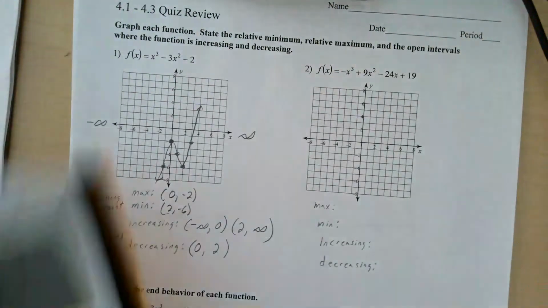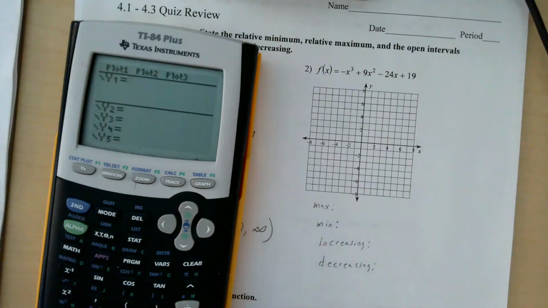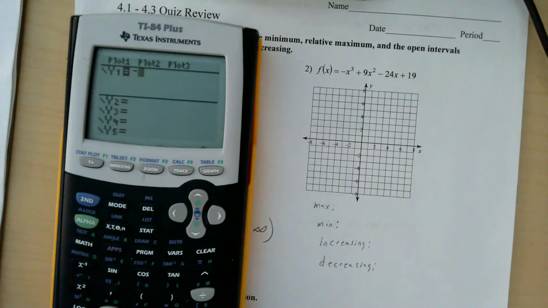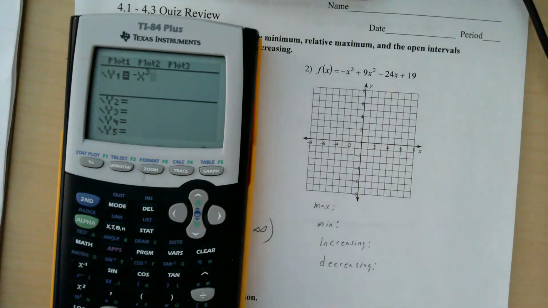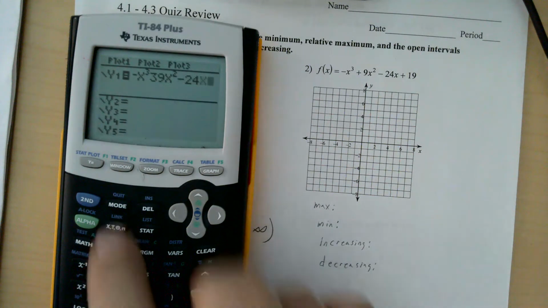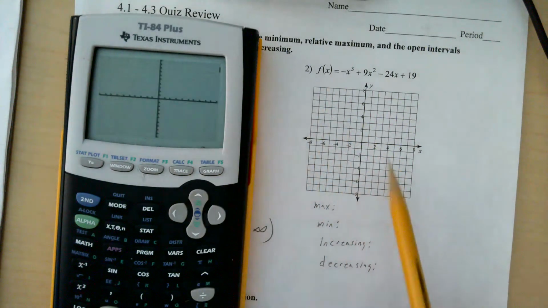Okay, that's number one. Number two, we'll do the same thing. This time it's going to be a negative. So hopefully you realize negative and odd, it's going to have the opposite end behavior. It's going to rise on the left, go down on the right. So let's confirm that. X raised to the third, push away, plus 9x squared minus 24x plus 19. See, the graph should be going,